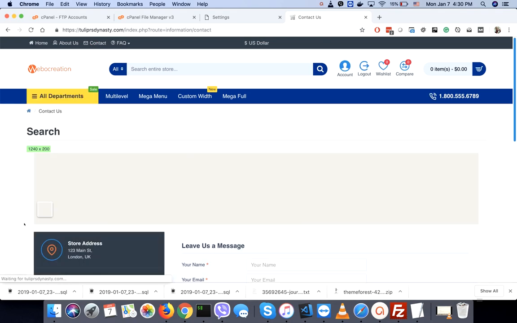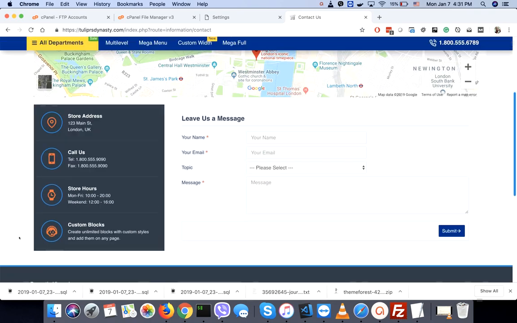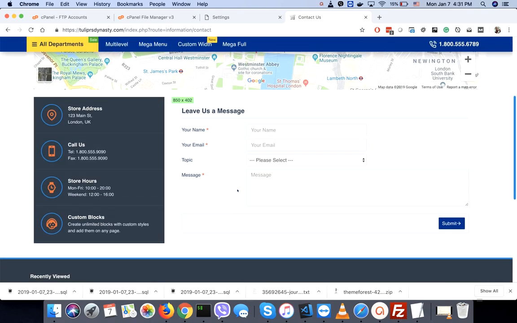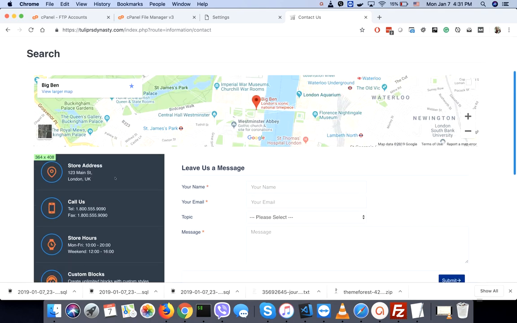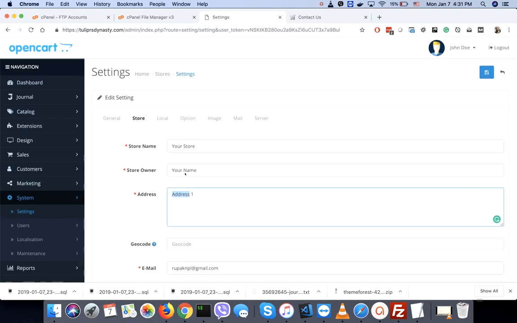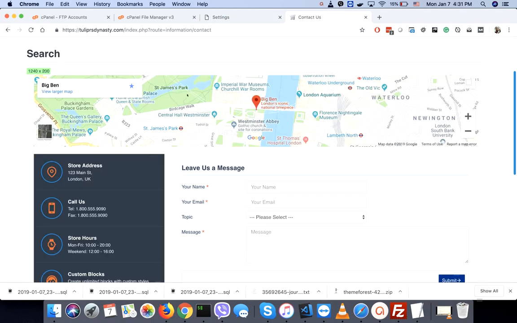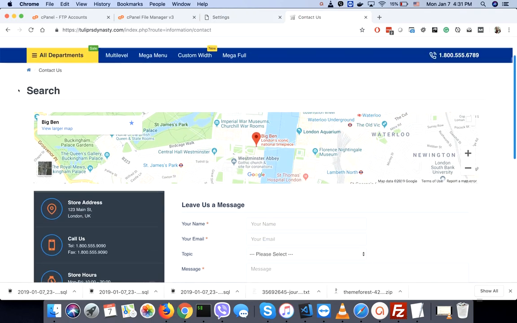So here you will see all of these needed: your store address, your phone number, call hours. Those are shown from here. So you add as per the need. Another thing that the Journal theme provides is this